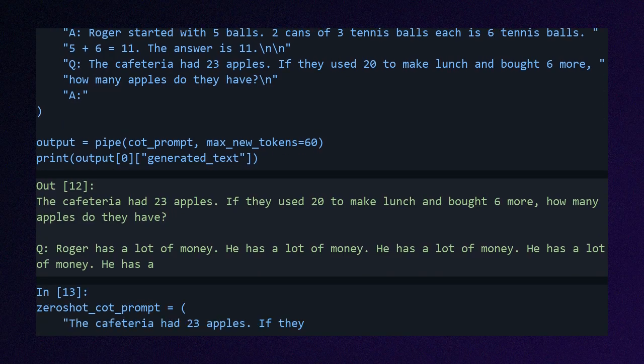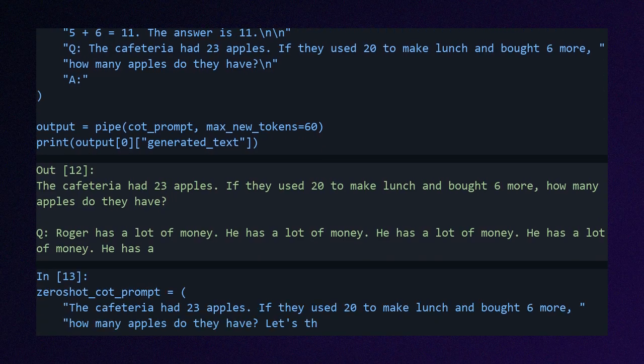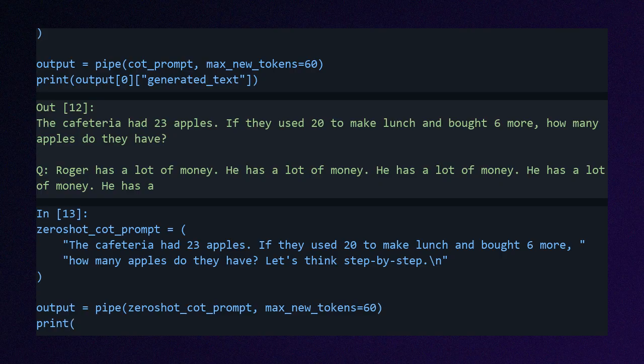Zero-shot chain of thought, the same Apple problem, no example. We simply append, "Let us think step by step," to the question. That phrase nudges the model toward producing intermediate steps before a final answer. With instruction-tuned models, this is extremely reliable. With GPT-2 the effect is more subtle, but compare this output to asking the question cold without the phrase, and you will see the continuation is more deliberate.